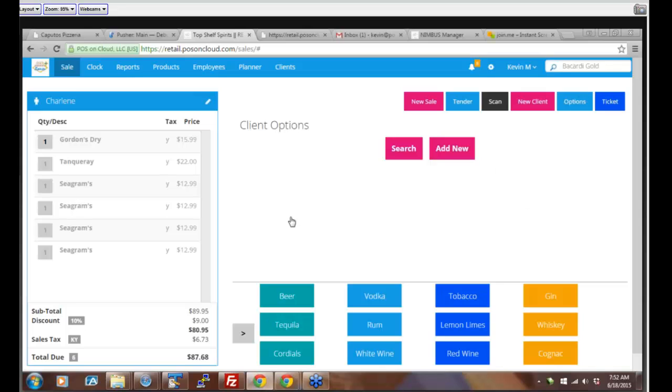Okay, so that's pretty much the flow through for the front end point of sale. It's very, very straightforward when it comes to retail. This is probably the easiest implementation that we have of the software,